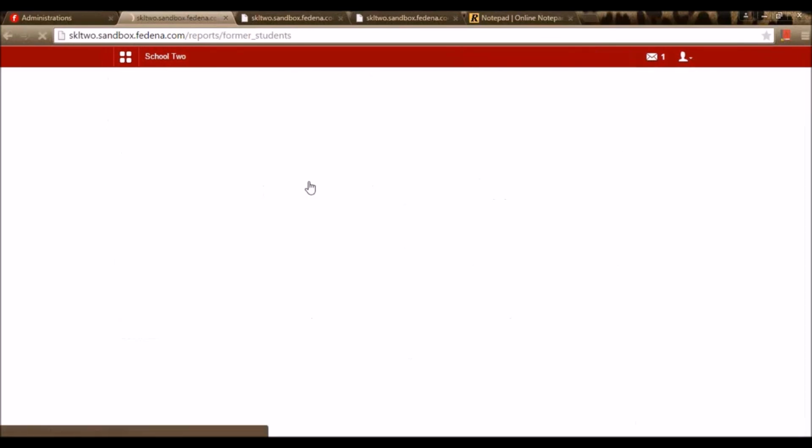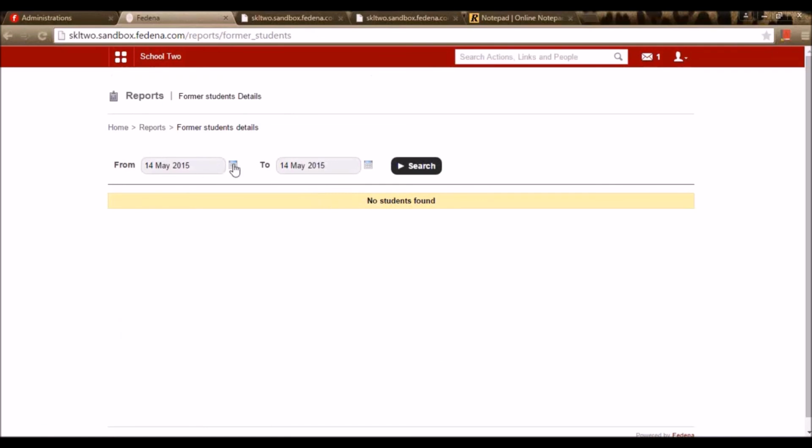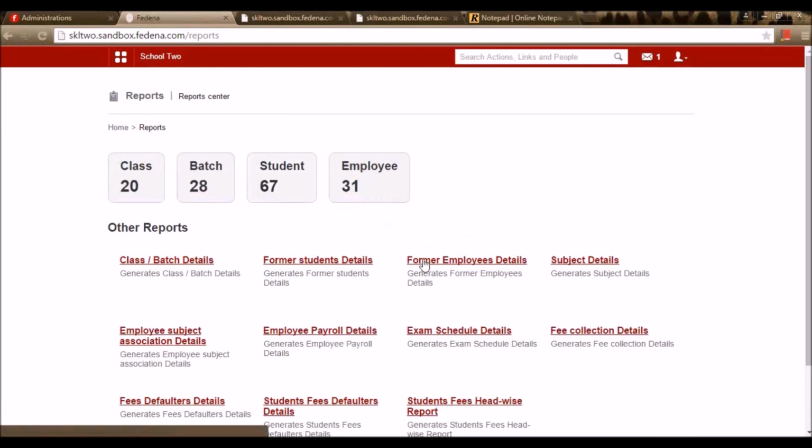Similarly, I can go for a former student detail. I need to select a start date and an end date so that I get to see the former students present in this particular duration. In case there is any former student, I can find them in this report. Similarly, a former employee who has left the institution can be seen in this report.